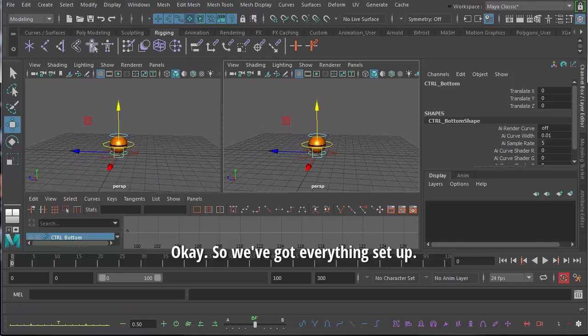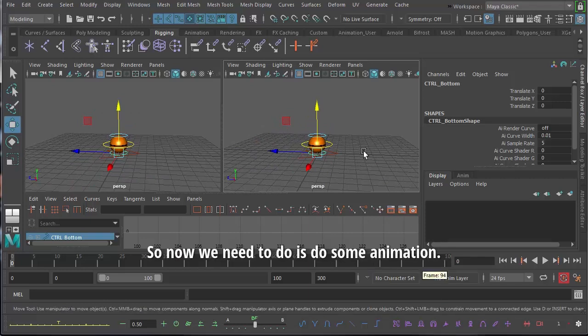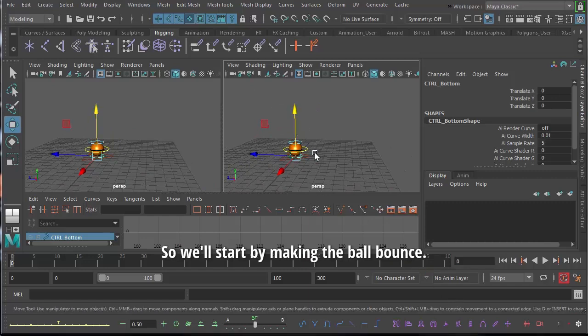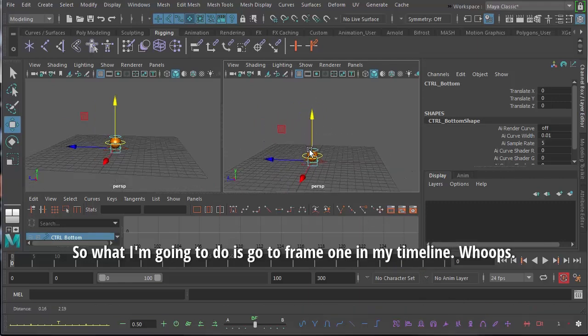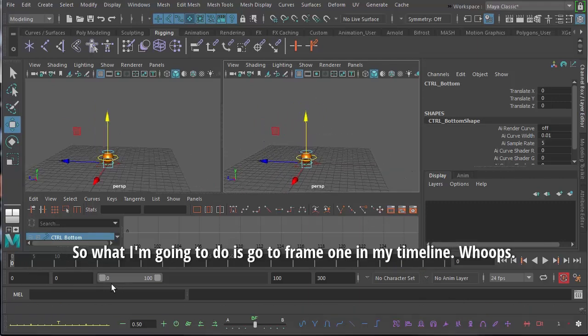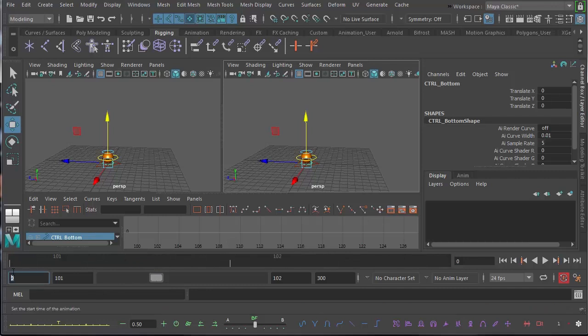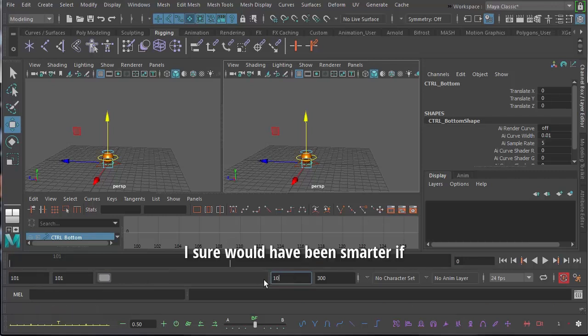Okay, so we've got everything set up. So now all we need to do is do some animation. Okay, so we'll start by making the ball bounce. So what I'm going to do is go to frame 1 in my timeline, whoops, which I need to now set back to from 101. Actually, it would have been smarter if 125 if I had imported